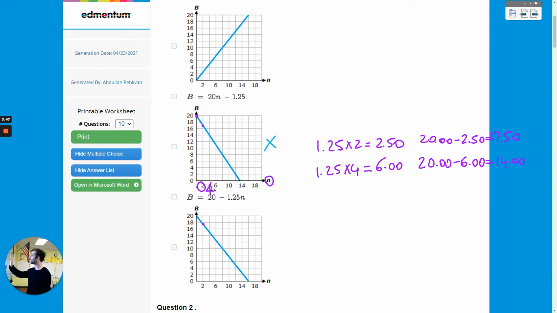Now let's see if we go up from that 4, are we going to end up with 14? Yeah, so this matches. So that should be right. 20 is the original amount. That's my first point. For 4 songs, the amount left is $14. When she does not purchase any song,